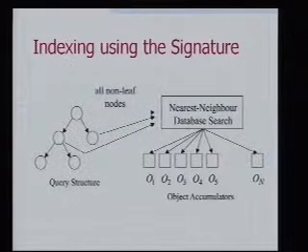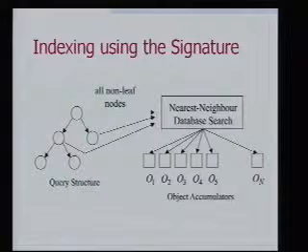And now at runtime, you compute your query graph, and you compute your signature vectors for all non-leaf nodes. Now you perform a nearest neighbor search, you get close to a point, and you vote for all the models that share that subgraph. You accumulate evidence, sort your accumulators, and grab the top one that has the most evidence to account for the query. Now you have to verify it. You have to roll up the sleeves and do the actual work of matching this candidate with the particular query. So how do we do that last step?